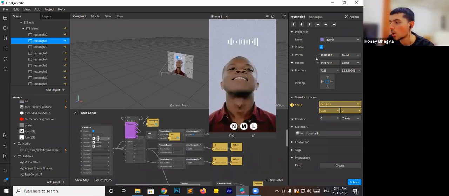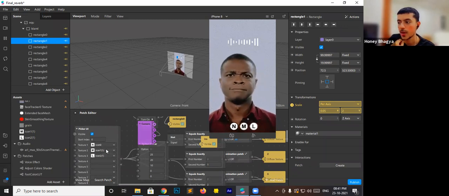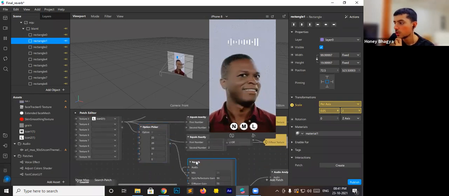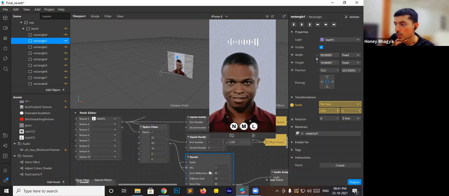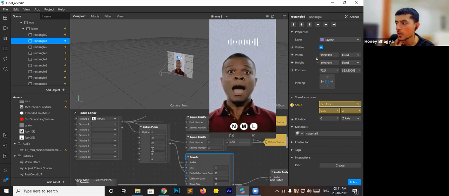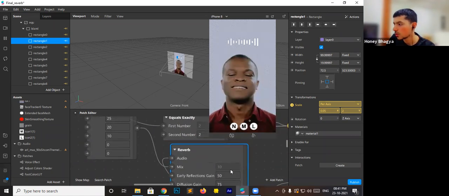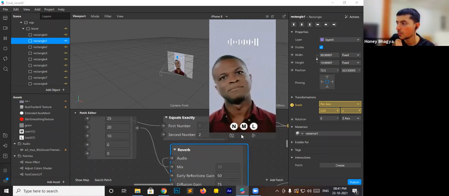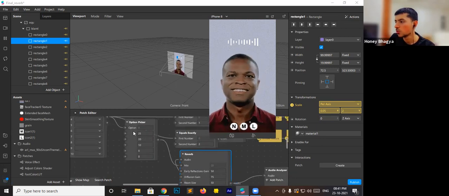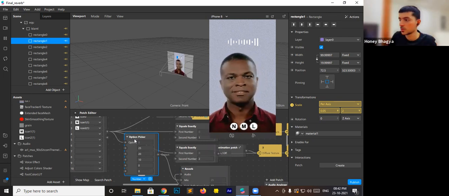As for the different instructions, how I created it, I have used Picker UI, and then I have loaded my textures, normal, medium, and low. Okay, and then I have used the option picker to change the reverb. So as you can see, we have a mix value here. You can control a lot of things with this. So I have used 25, 20, and 10. 10 goes for low reverb. So if I click on low reverb, you can see the mix is 10. If I click on medium, the mix is 20. And if I click on normal, the mix is 25. Okay. So I have created a patch option picker for different values of reverbs.